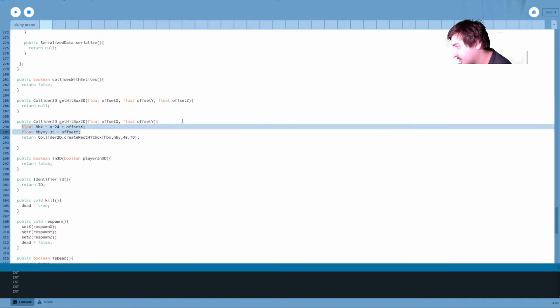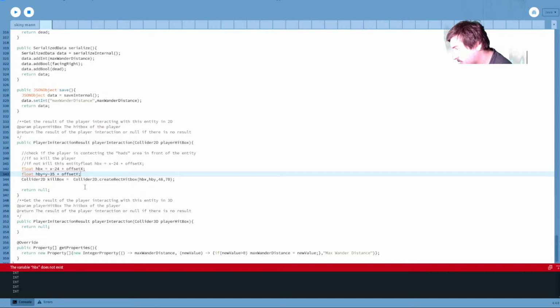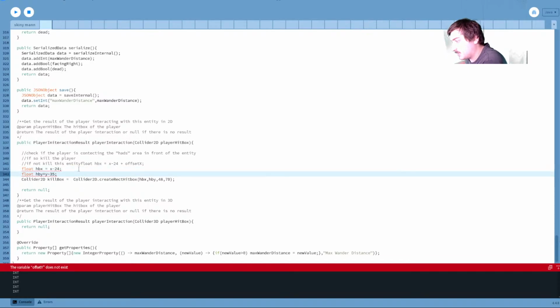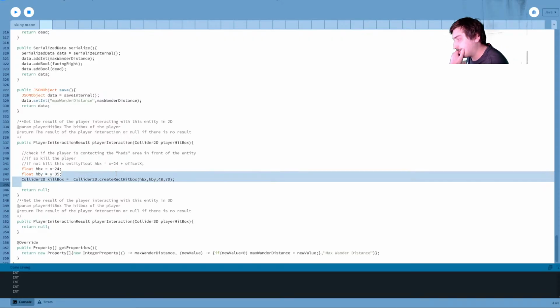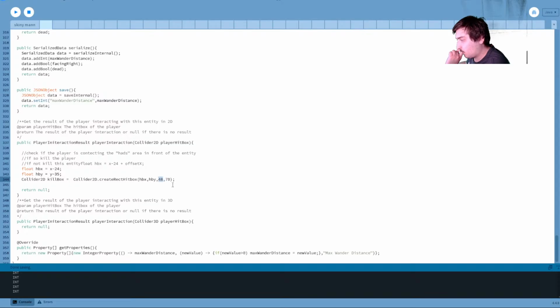Okay, I need both of these. And we just get rid of these offsets as we don't have an offset. There we go. Okay, so this will just give us the hitbox of the entity itself. But obviously we don't want that. What we want is... So this thing is 48 wide, which is the length of the thing. We want this to be like 4 wide, which should basically be the front.